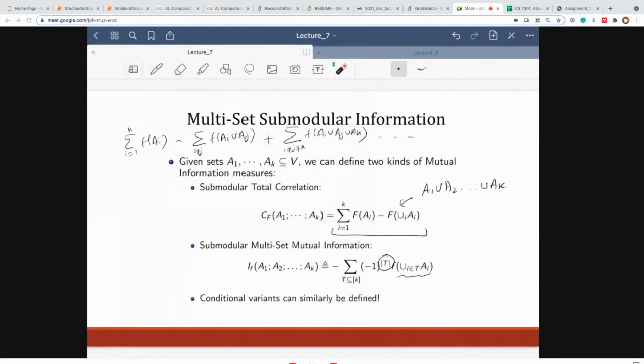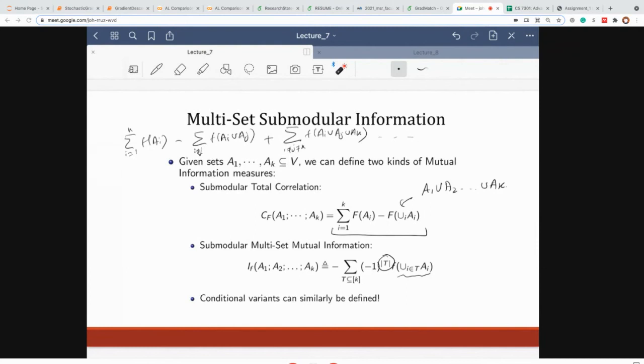And by the way, this extends the mutual information case. There is this notion of multi mutual information, I think it's called, or something like that. I can't remember exactly. So there are these two notions in the standard mutual information literature as well, where you can define mutual information between k random variables.